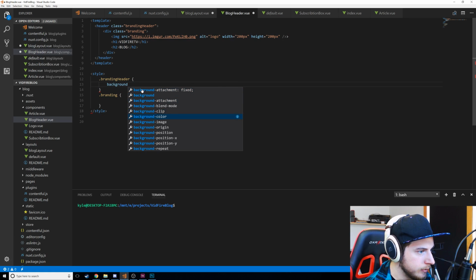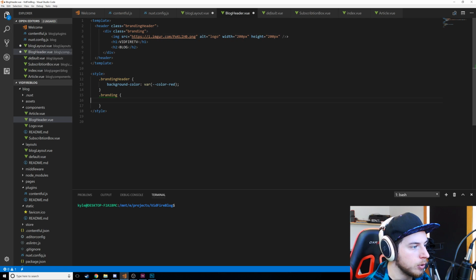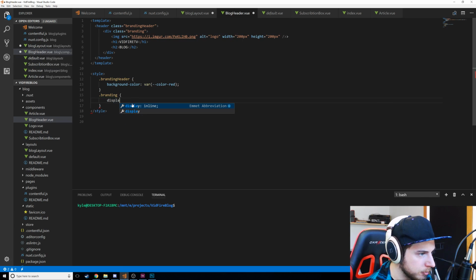Background color, and what is this? This is var color red. Hopefully that pulls through. That's what we're hoping for. Branding, we're going to set this up as display